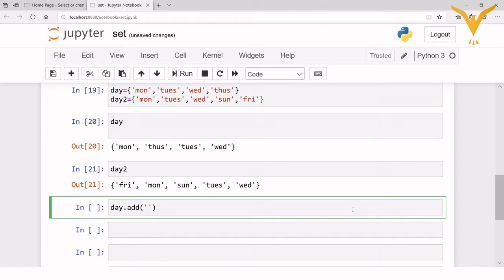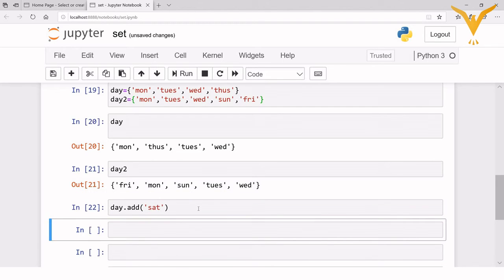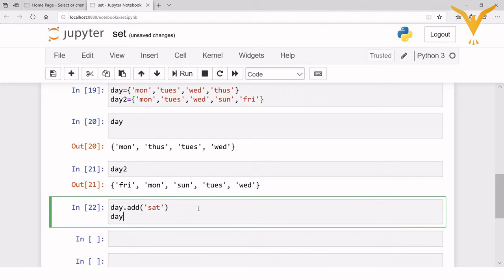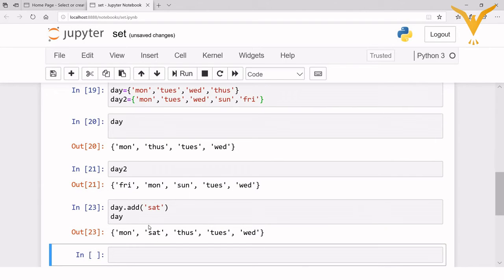So I want to add Saturday. So I will write add Saturday, and then execute, and print it. So see here, Saturday is added. As a set is unordered, it will add anywhere inside the set.